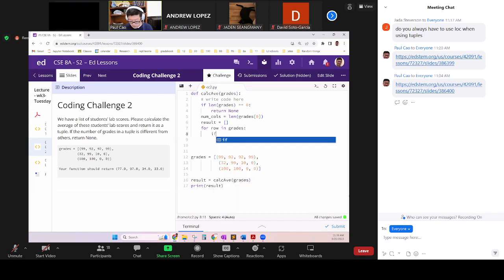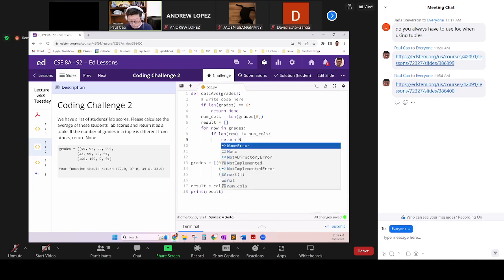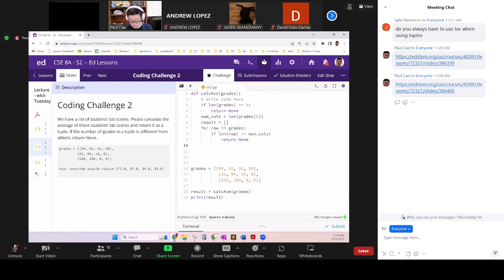So we'll check if the length of this row is different from the number of columns that we have. We simply return none. Right, this is the error checking. If there is no error,